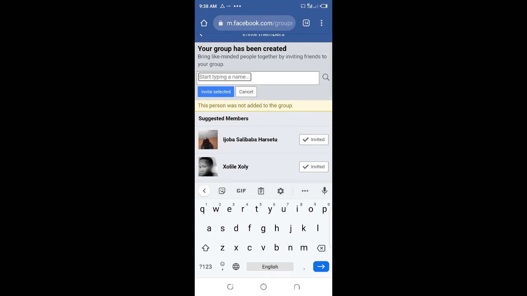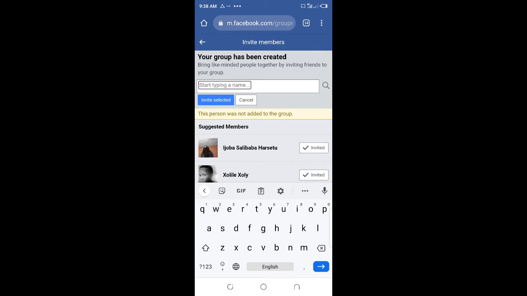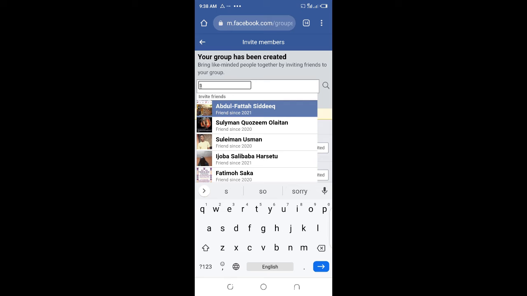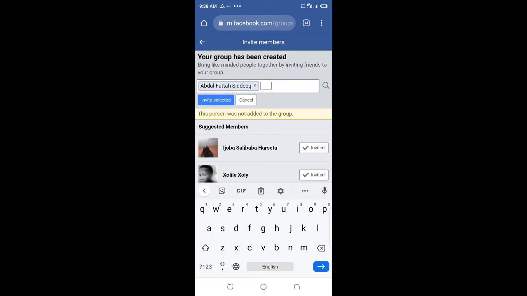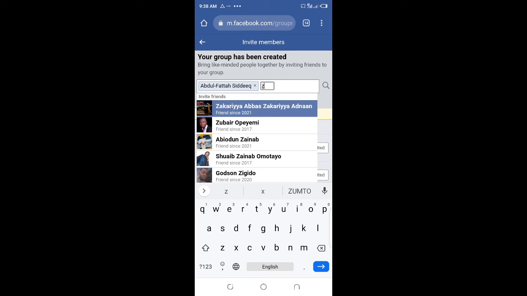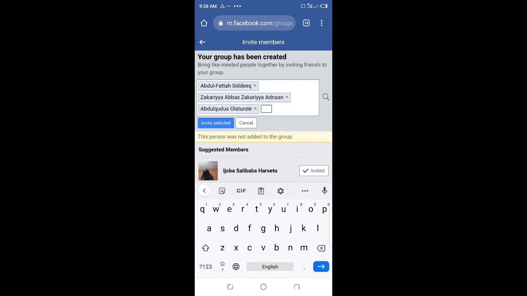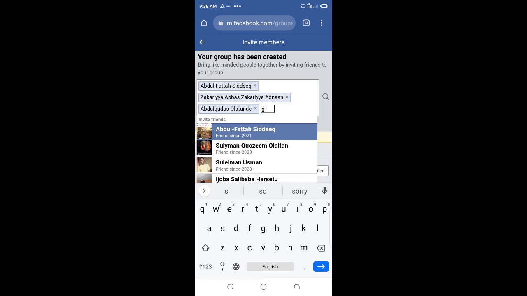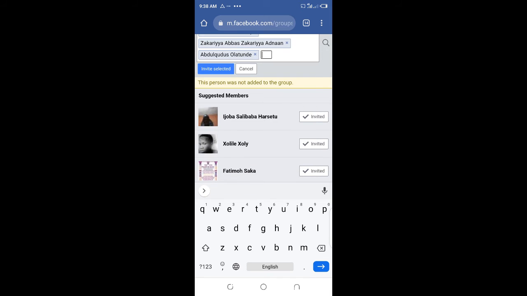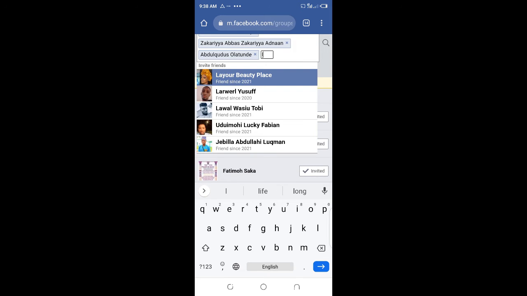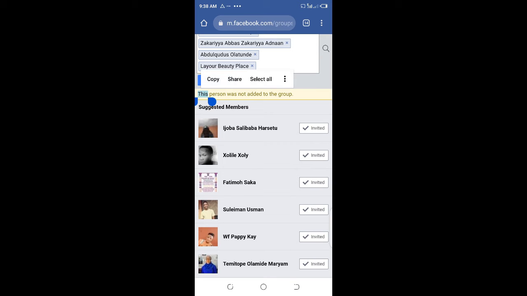So you can add any name you want to add. I wanted to add Mr. Fatah Siddiq, Zakaria, Abdul Kudus, Layer Beauty, and many more. Then you can